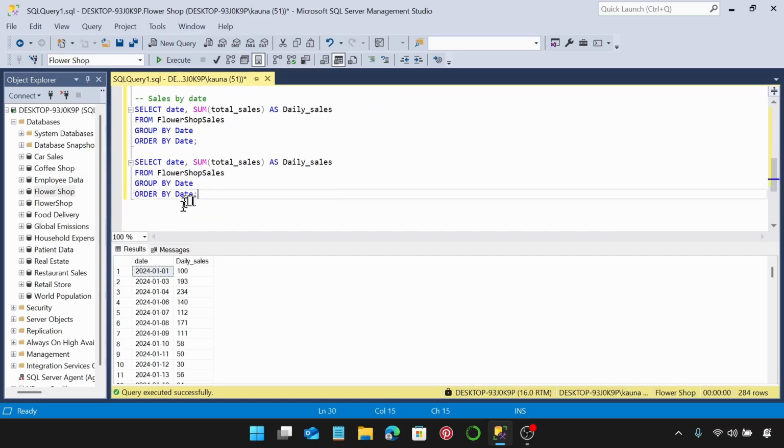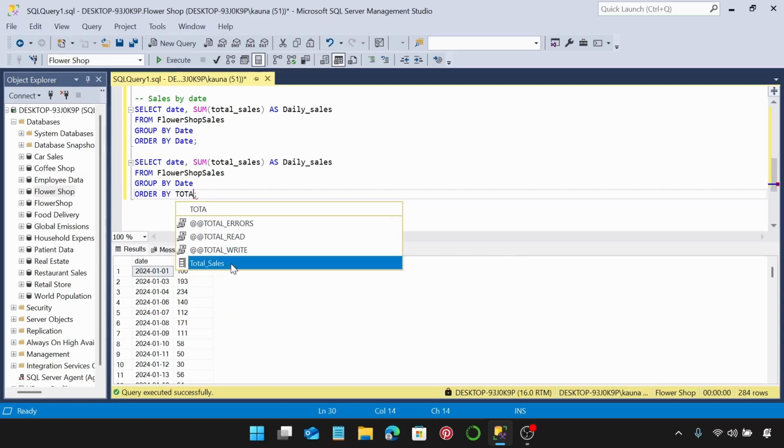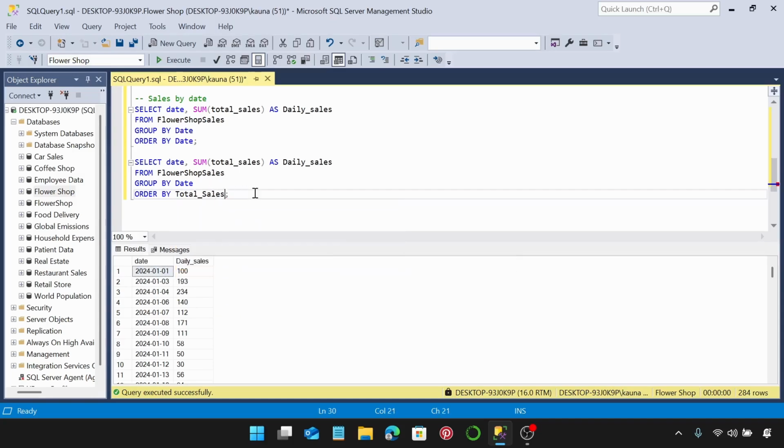This time let's order by daily sales, and we're going to do it in descending order. So you can see from highest to lowest. So we can say that the 20th of May has the highest sale, and I'm going to scroll